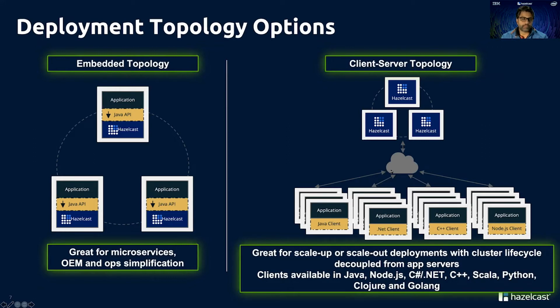The other way of using Hazelcast is in embedded mode, where Hazelcast instances run inside your application instances, and this is a pretty lightweight deployment. It is a great way of getting your hands dirty and getting familiarized with Hazelcast without having to have separate dedicated infrastructure for Hazelcast servers. You just download the Hazelcast libraries, a jar file, put it in the application classpath, and you can start spinning up your cluster with the application instances.